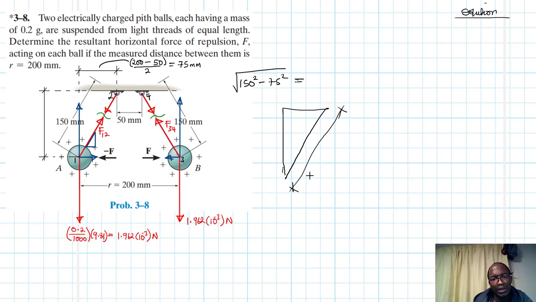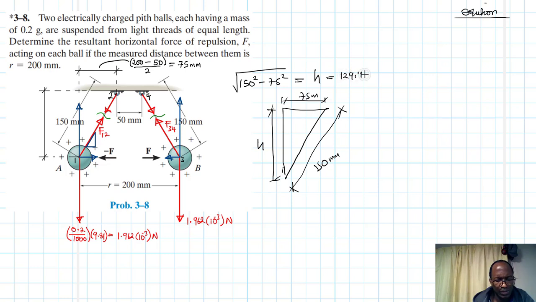This whole length is equal to 150, and this one there is equal to 75. This is what we want to find. So 150 squared minus 75 squared, square root of that gives us